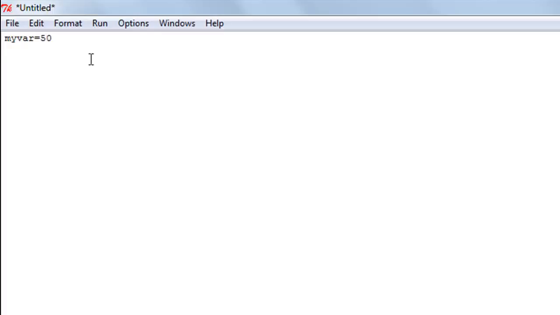And if it is, then I'll display a message using the print statement. If it's not, we're not going to do anything, right? So we're just going to see the if statement, and this is the simplest example I could come up with. So I'll type in if and then the name of my variable, which is myvar. I'll use the less than operator here, and then I'll type in the number 100 because we want to check whether the value is less than 100 or not, and then I'll put in the colon, and when I press